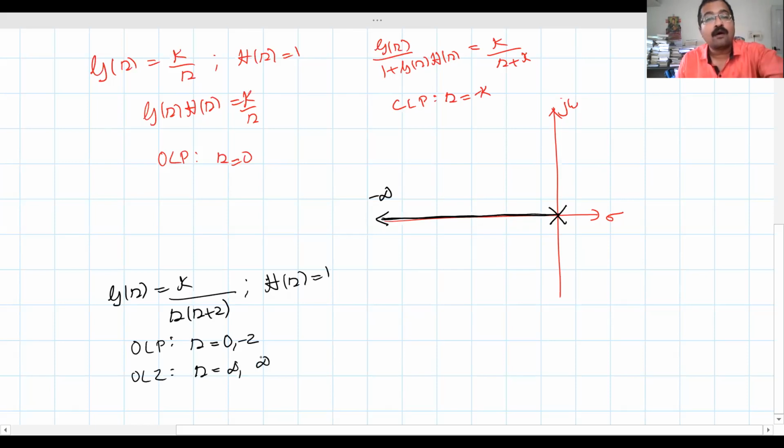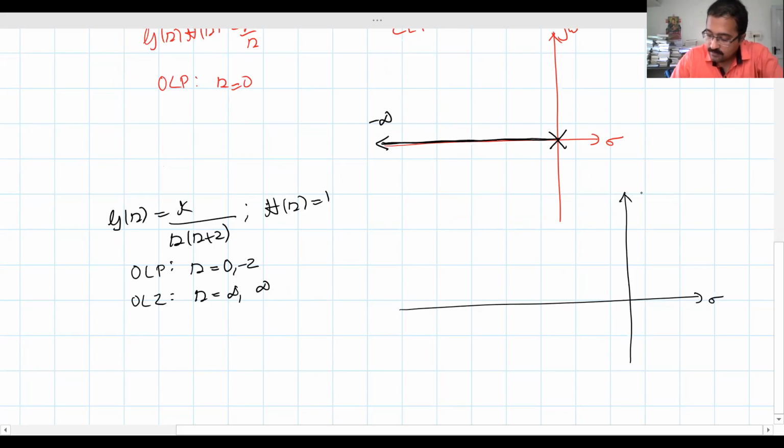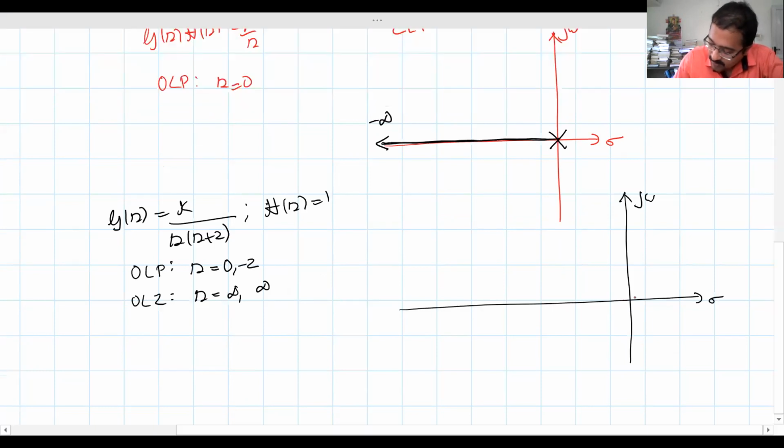Okay. Now, what will be the root locus for this case? Sigma, j omega. Okay, so we will mark the open loop poles first because we know root locus starts from open loop poles. One is at 0 and one is at -2. If you apply the rule of finding root locus on the real axis, you will see that this segment from 0 to -2 is a part of root locus. One starts from here, one starts from here.